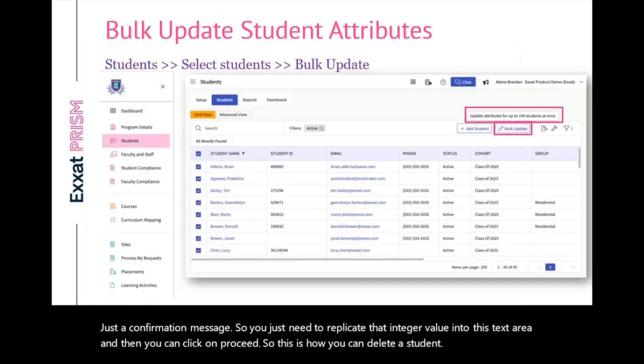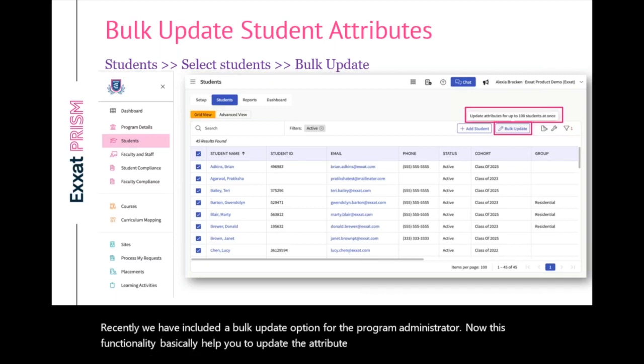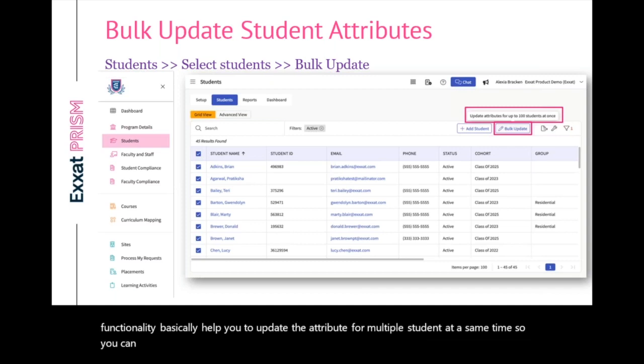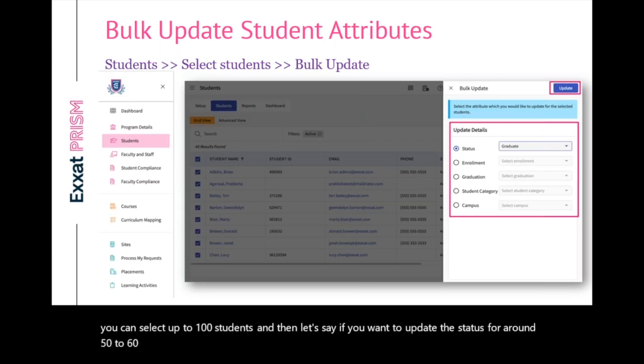Recently, we have included a bulk update option for the program administrator. This functionality helps you update an attribute for multiple students at the same time. You can select up to 100 students, and let's say you want to update the status for around 50 to 60 students, you can select all those students, and then you just need to click on this